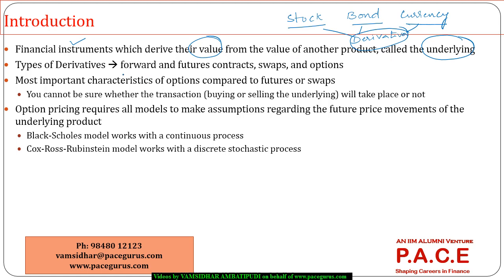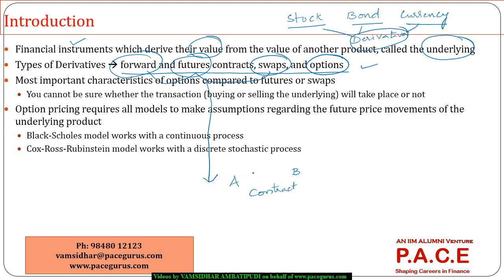And we also know that there are majorly four forms of derivatives: the forwards, the futures, the swaps, and the options. So here the intention is not to talk too much about the forwards, futures, and swaps. In this session our focus is more on options, and they are different from the rest. In all three, just as a quick summary, both the parties A and B get into a contract